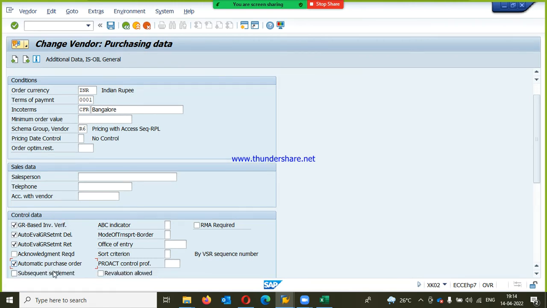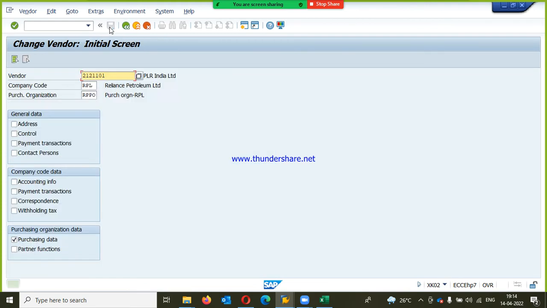Okay, automatic purchase order needs to be selected. This is very important. Without this, we cannot post the automatic purchase order to this vendor. Save this. Okay, now this vendor is enabled with